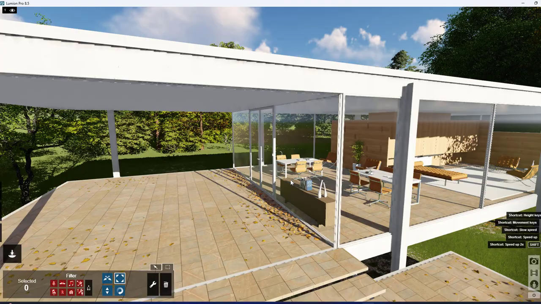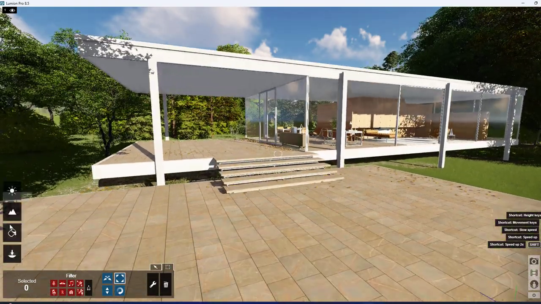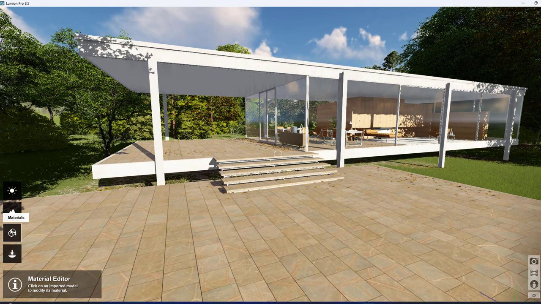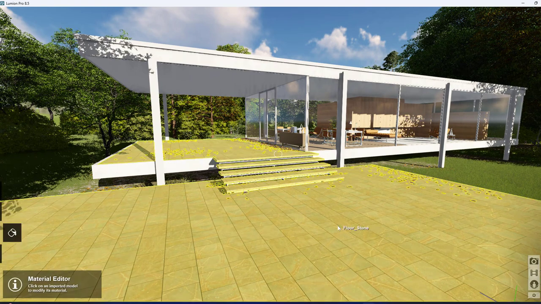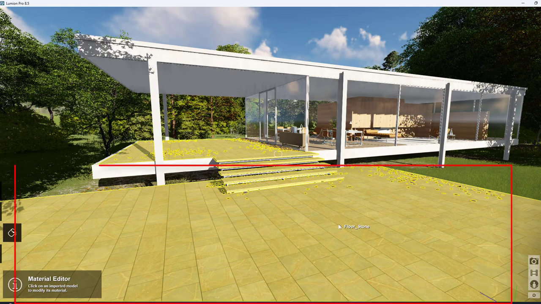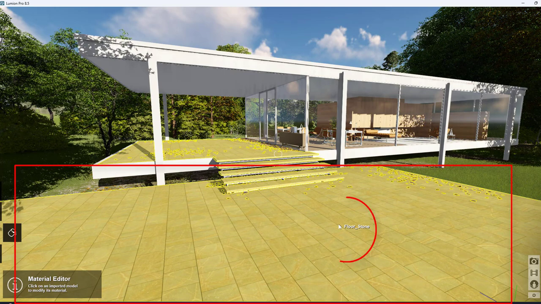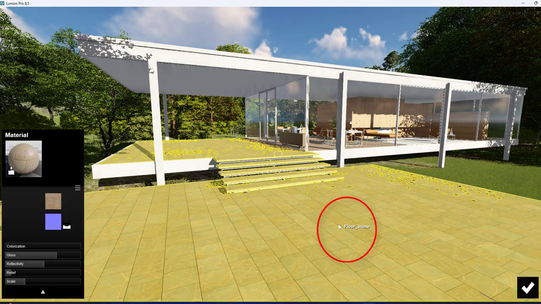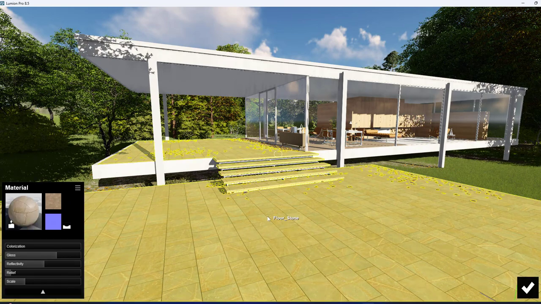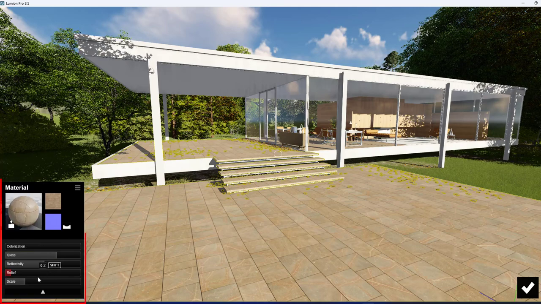But we can change the material of this model. For that you just click on the material option and then until and unless you select the face on which you want to apply the material, you don't get the material options. First you have to select the plane on which plane you want to apply, and then next you will get the already applied material here. This is how you can see, and then you can do the editing.